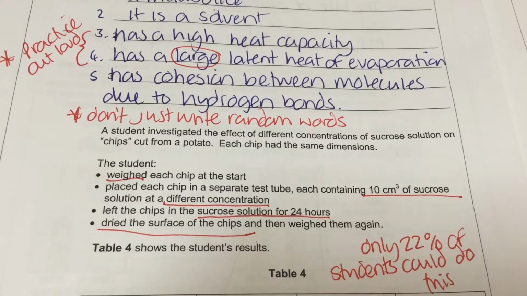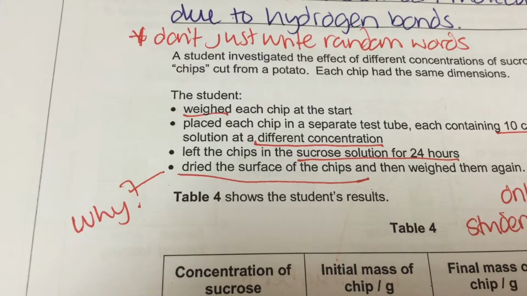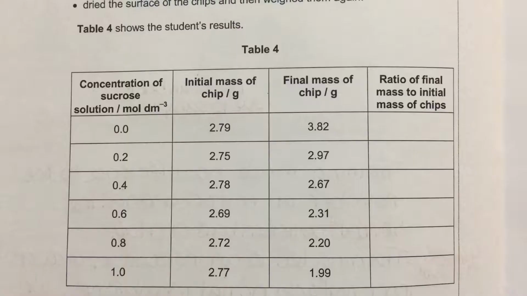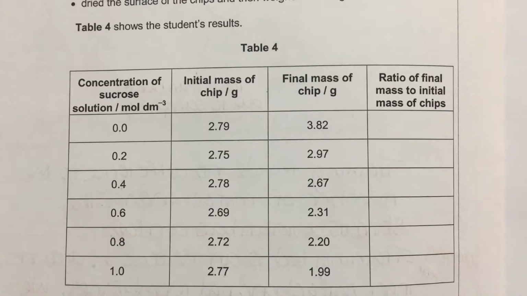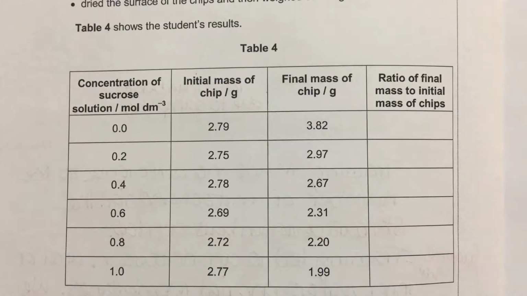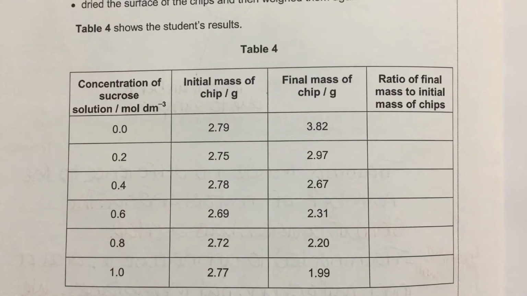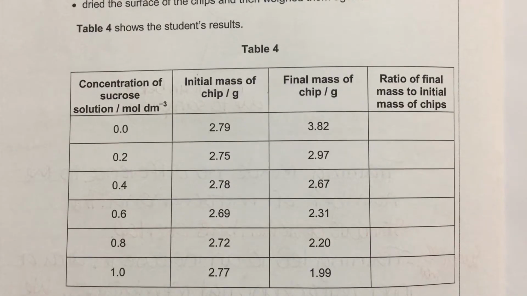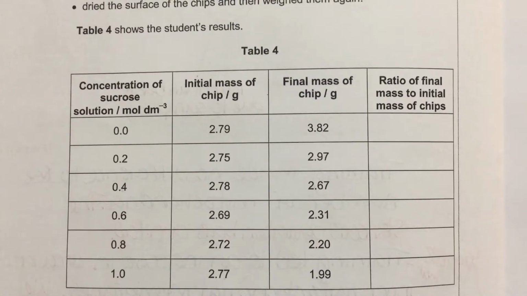The crux of this is a very common question, and there's a set of questions that always follow this experiment. Often they'll ask about things like, why did you dry the surface of the chips and weigh them again? And that would be because there may be different amounts of water on each chip, and water has a mass and therefore would affect the result. It is about different amounts of water on the chip and not just the fact that there's water. If it was just water, then it would be a systematic error. But because there's different amounts of water on each chip, that would affect the result.